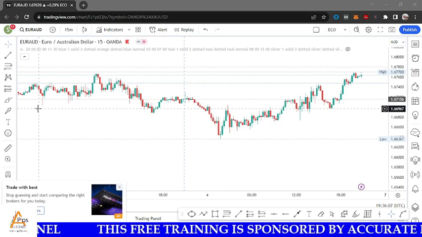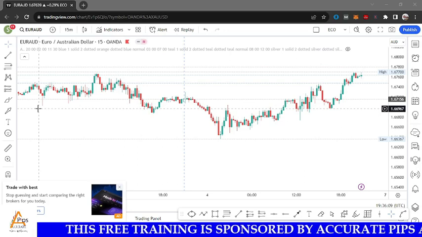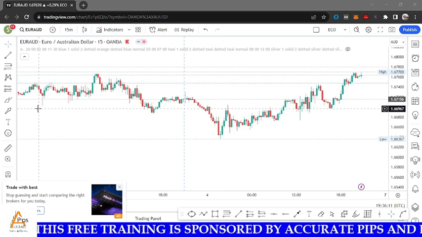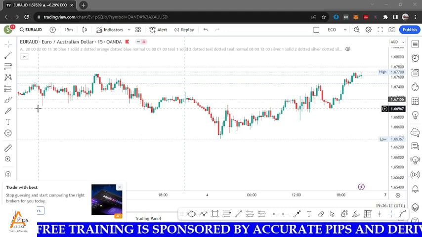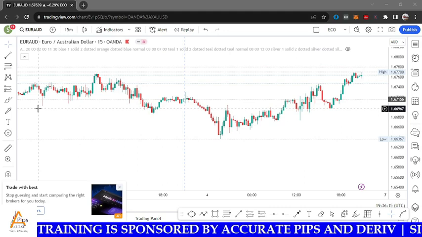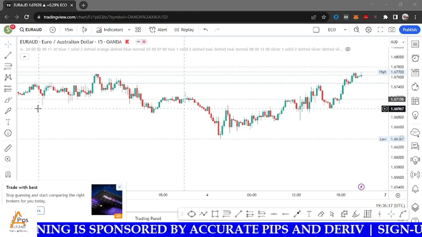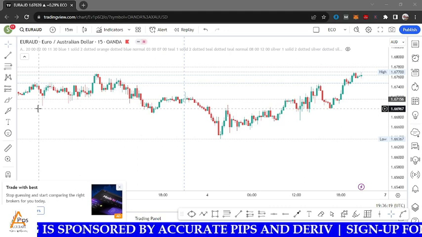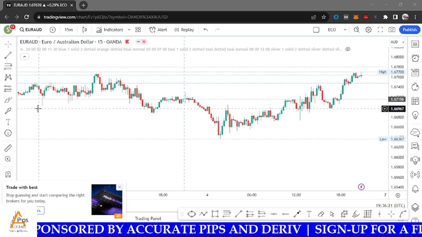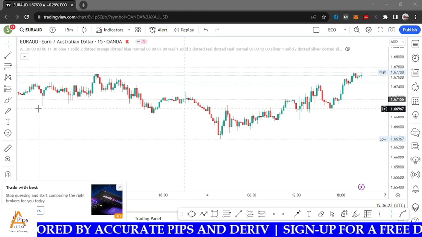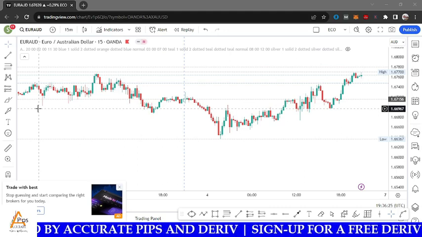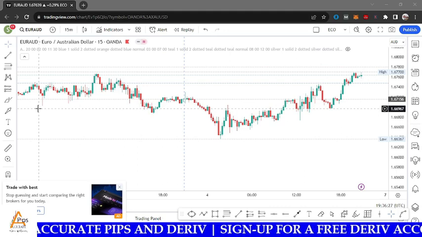So when I say being part of the liquidity, what I mean to say is that you are going to also be buying from where all the retail traders are buying from, and thereby you are going to end up losing your trade, just like they are also going to lose their trade. So in this smart money concept